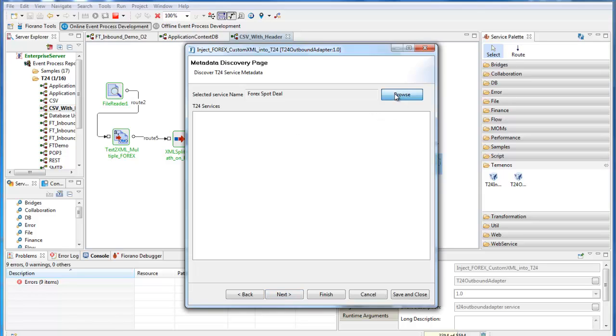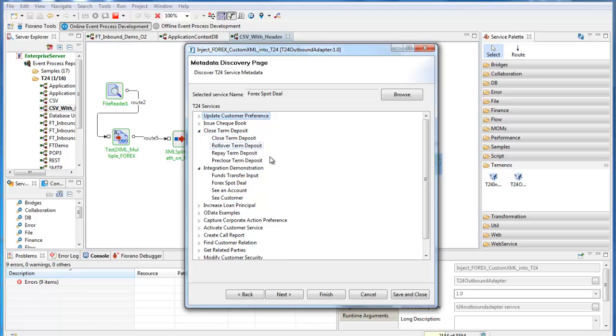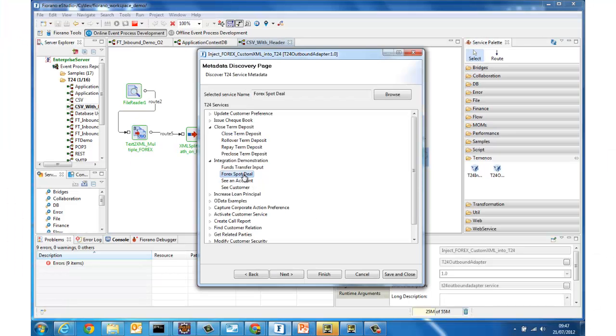So if I browse into T24, if you're familiar with TWS, you'll recognise this as the service landscape, so the tree view that we typically see when we're creating a new web service. So this is a representation of all the schemas describing the applications, the versions and the inquiries that are exposed from T24. So in this example I've selected a schema for a version on the T24 Forex application,